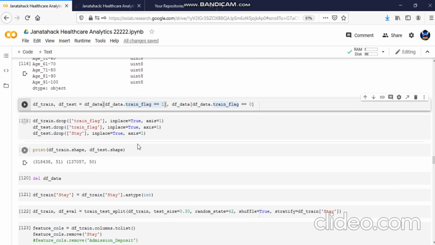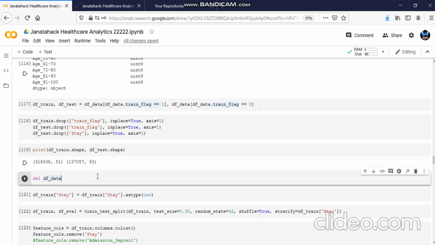Okay, so again looking at the shape, we can see we have regained the original shapes. The only difference is that we have more columns because we have got dummies right above. Okay, so I'm just going to delete the new data frame which we had created, the combined data frame.